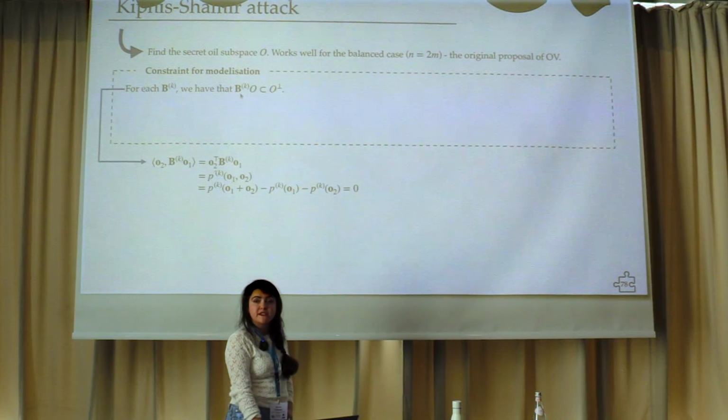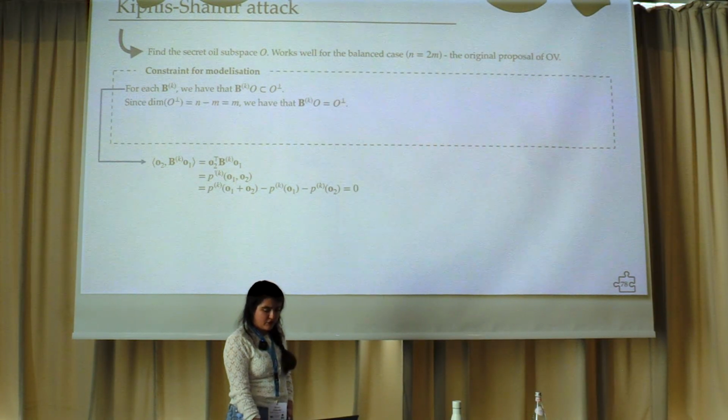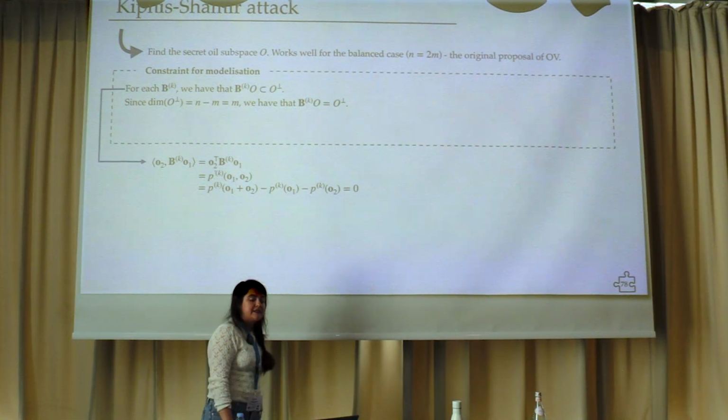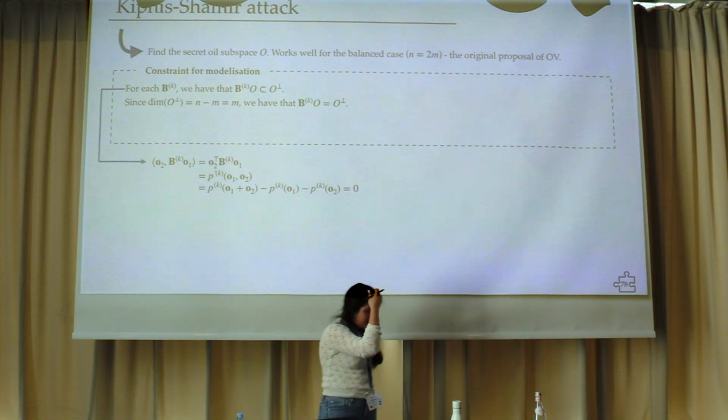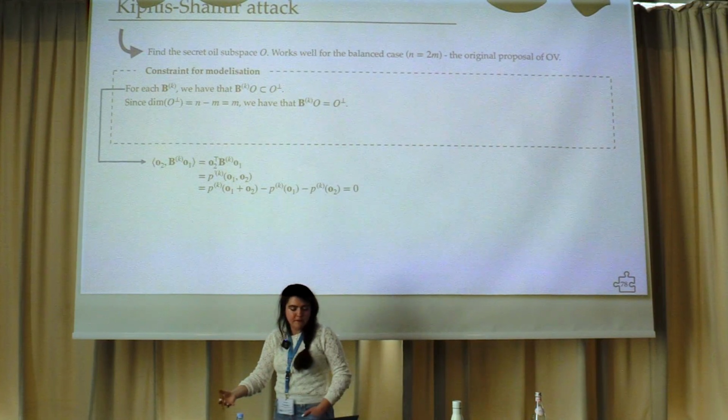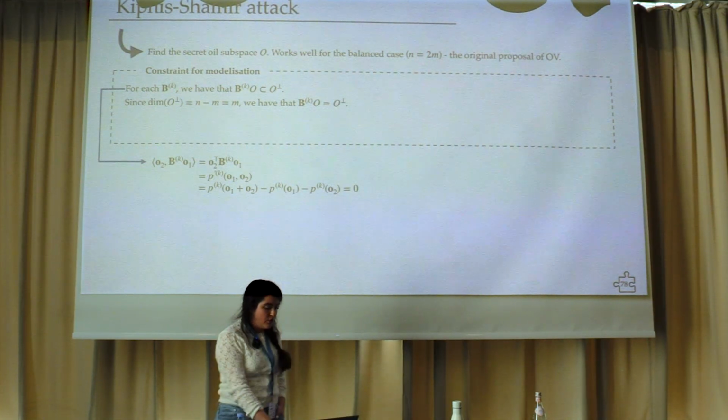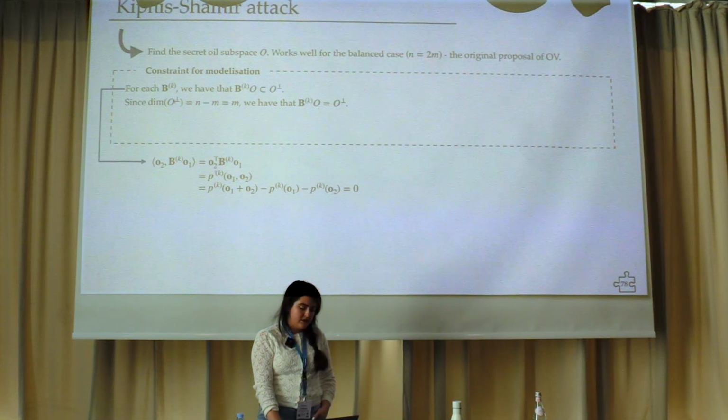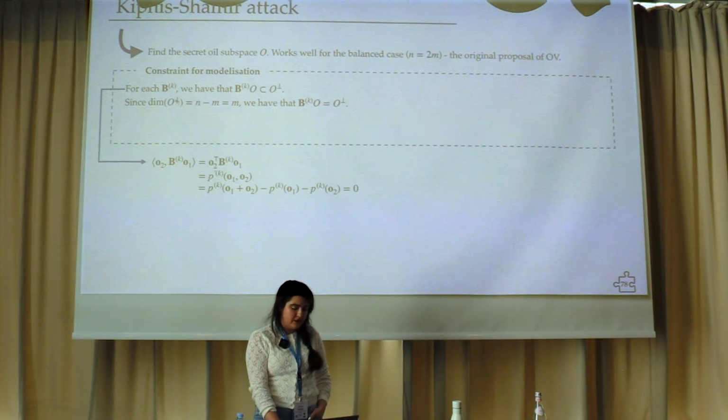Okay, so now that I know this, I have constraints I can model, right? This is very interesting algebraically. There is something more that I know. It's not just that it is a subspace. If you look at the dimensions and what we said about the dimension, we know the dimension of this orthogonal